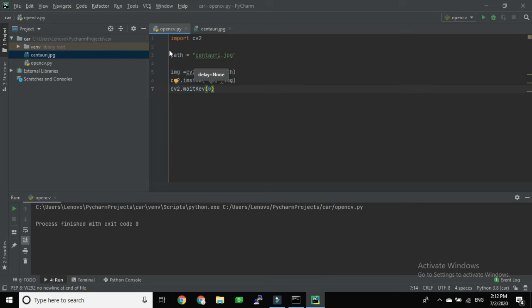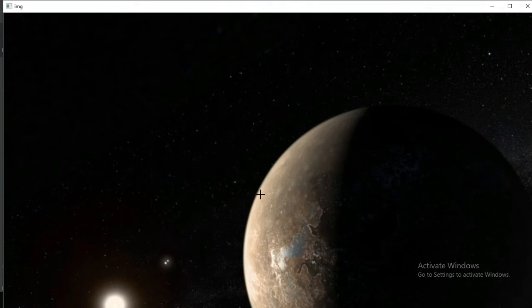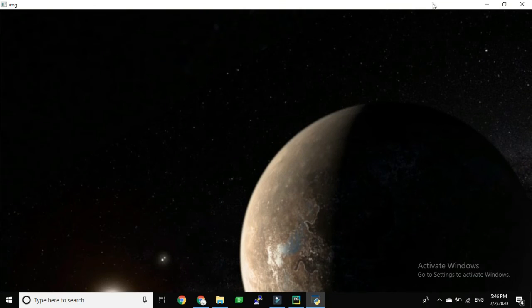Now what happened here? Your image is waiting for your response. If you press any key, your image is gone. So let's run it with Shift F10 to quick run, and you see your image is stable right now. And if I press exit, it will close.